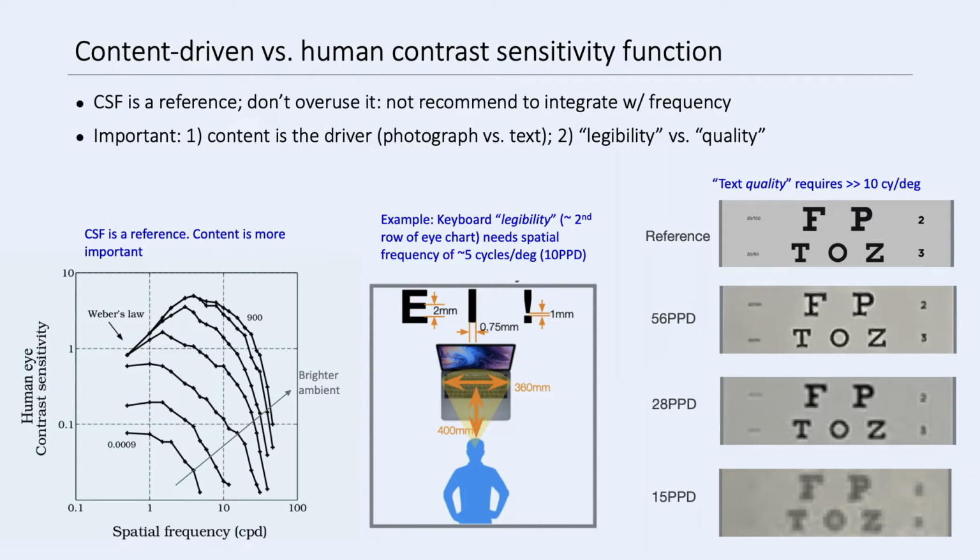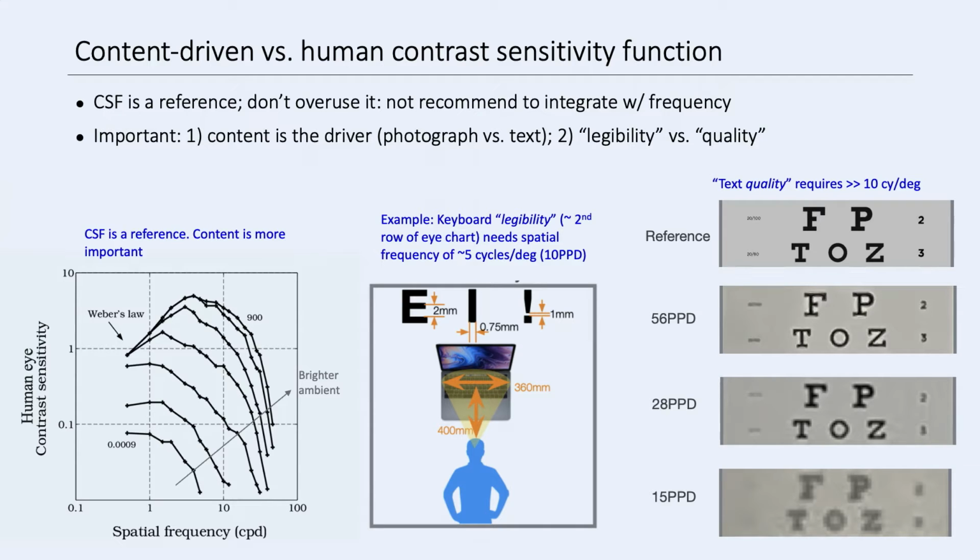I think the human CSF, contrast sensitivity function curve, had been constantly mentioned. Should we be integrating frequency? We say no, for a couple of reasons. One is the content determines what you design the product for. And the second reason is human eyes are already doing this. If you design your product to do the same thing again, you may end up with worse results, worse performance